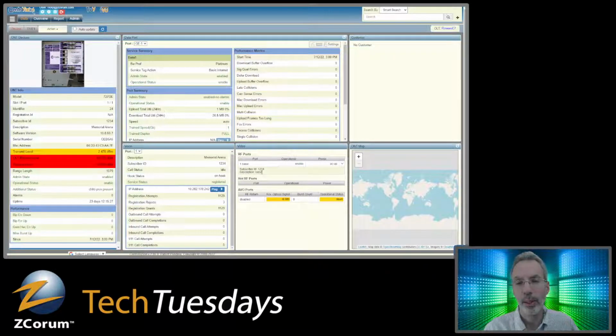So again, TrueVision, cross-platform tool. Fiber is the most recent feature that we've been adding. We started out with DOCSIS years ago. Over 10 years ago, we were doing DOCSIS, and we added fiber. Very similar screens if you've got a mixed plant. If you've got DOCSIS devices, then for the DOCSIS devices, it's a very similar screen.